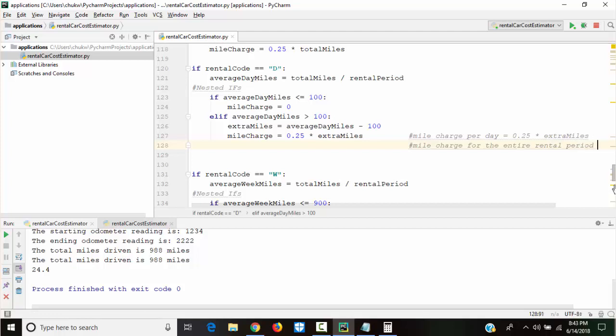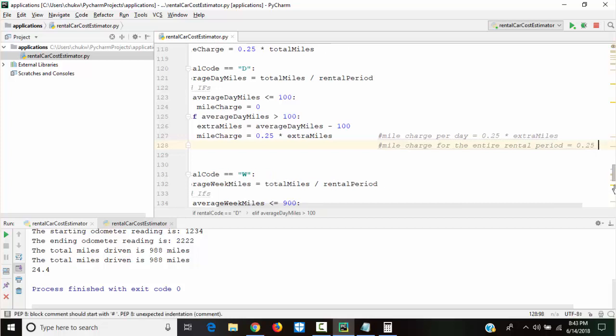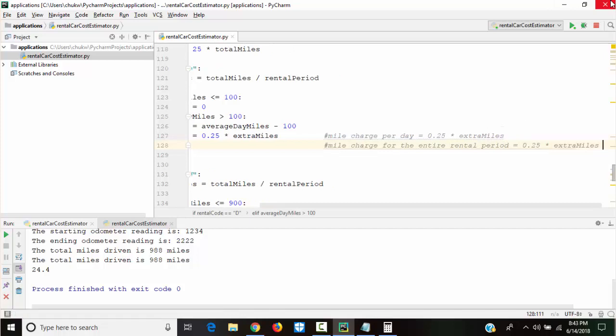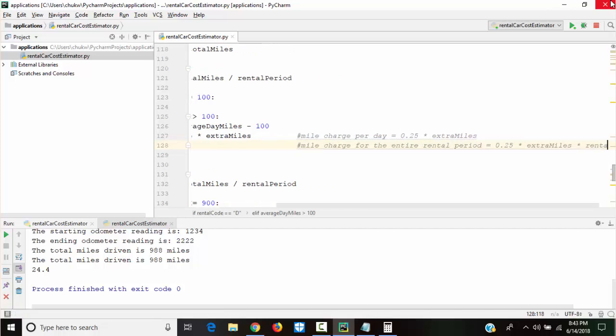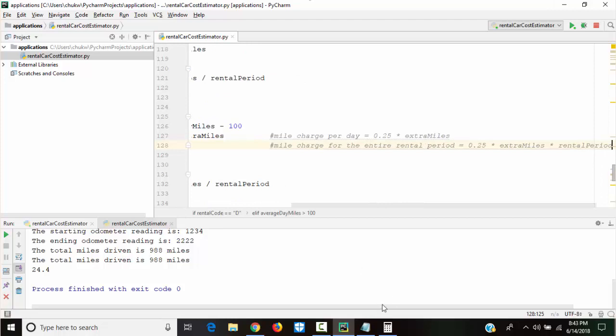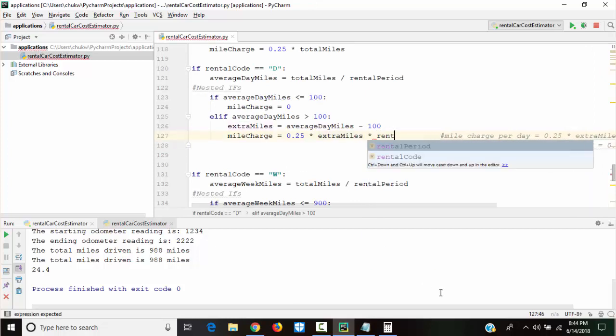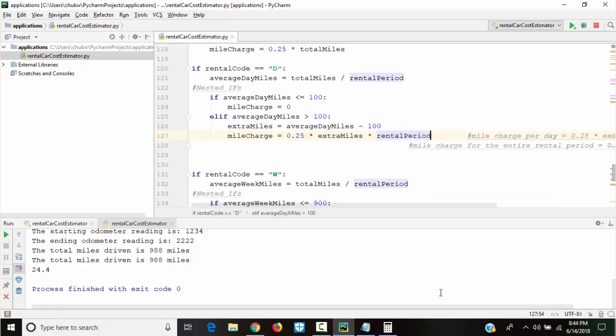Let's have the overall formula for it: 0.25 times extraMiles times rental period. And that's the formula we will use. So I'm gonna put here 0.25 times extraMiles times rental period. Okay, this will work.